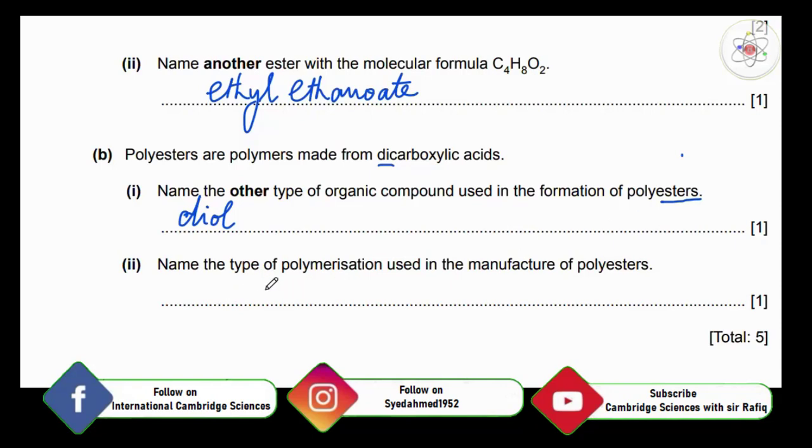So here also, when the functional groups of dioic acid, dicarboxylic acid, and diol combine with each other, they make the linkage between each other. So OH from one monomer and H from the other monomer combine to form water, and water is released and the linkage is formed. So this kind of polymerization is called condensation polymerization. Okay,